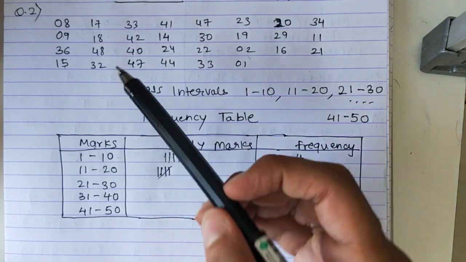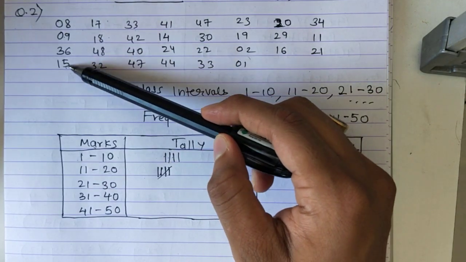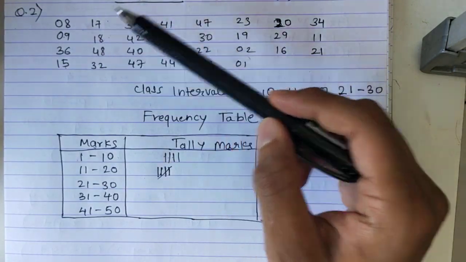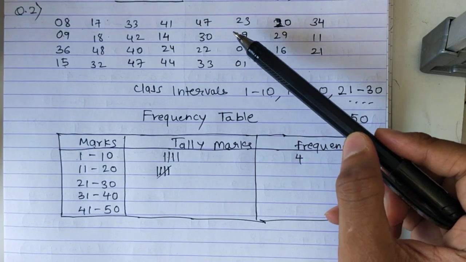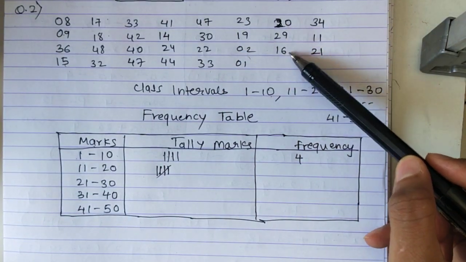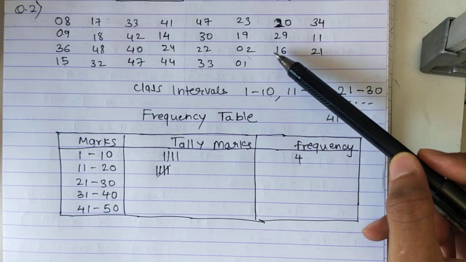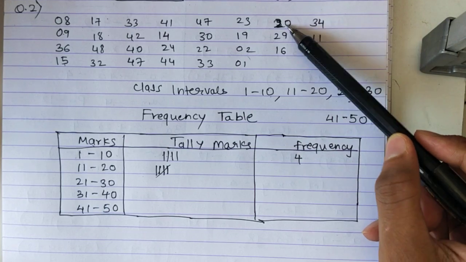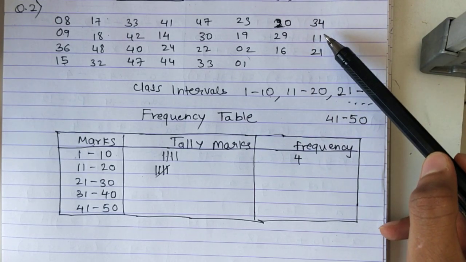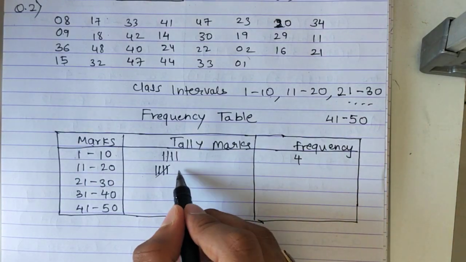Okay, so till now we got 5 values which are between 11 to 20: 15, 17, 18, 14 and 19. Okay, now further there is 16, there is 20. Between 11 to 20 means 20 will also come. Okay, so 20, 16 and 11. So 3 more values. So now these 3 values I will write here.